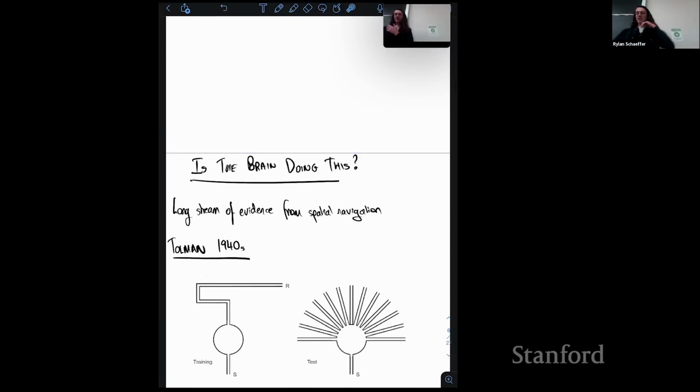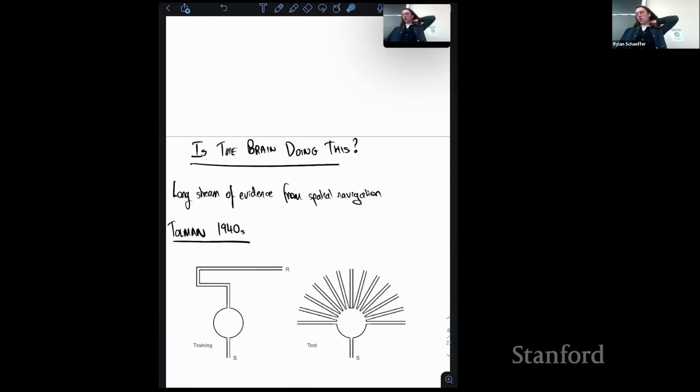The earliest of these are psychologists like Tolman, who were showing that rats, in this case, can do this kind of path integration of structure. The way this worked is they got put at a start position, S, down at the bottom, and they got trained that this route up here got you reward. This is the maze they had to run around. Then they blocked off this path that takes the long winding route and gave them instead a selection of all these arms to go down. And they look at which path the rat goes down.